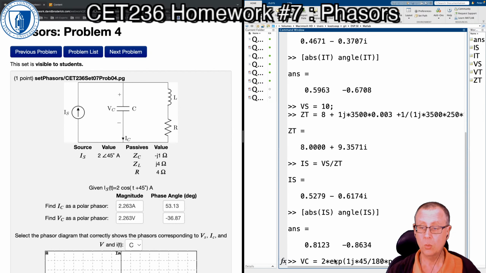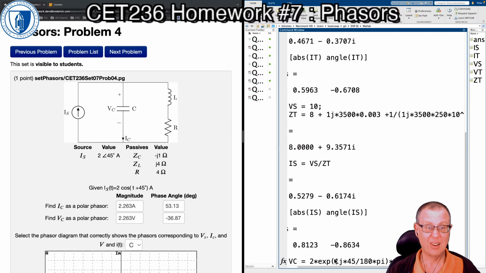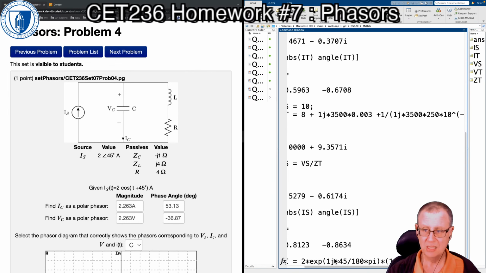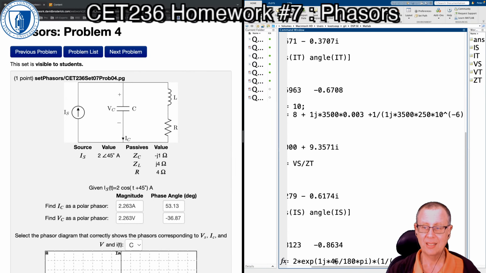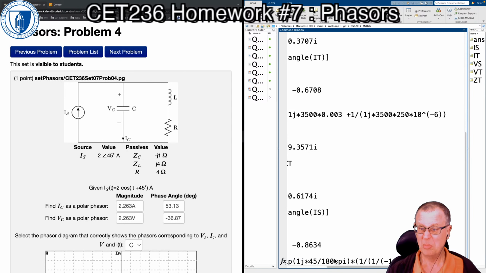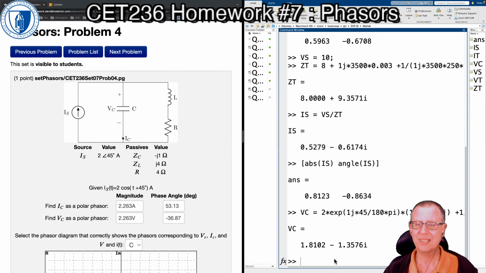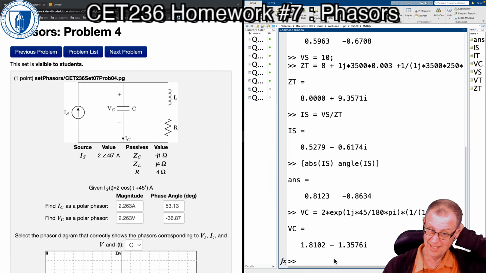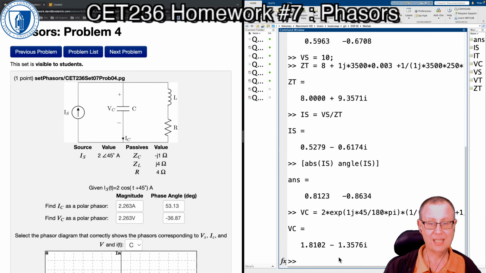the total Z is 1 on ZC, which is minus 1J, and then plus 1 on our R, which is 4, plus J4 is our impedance there, and let's see what that gives us. There's our VC. Let's just check to see if that works, and we want the absolute value of VC and